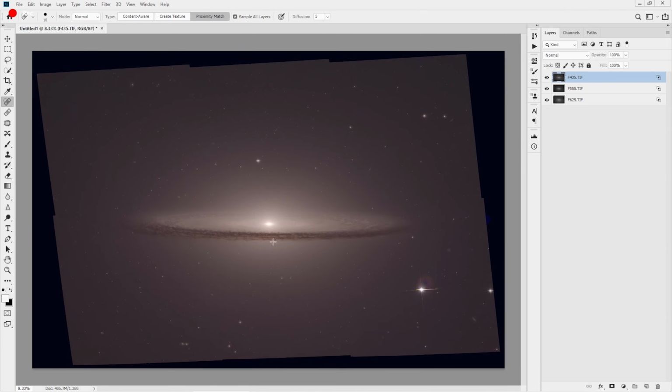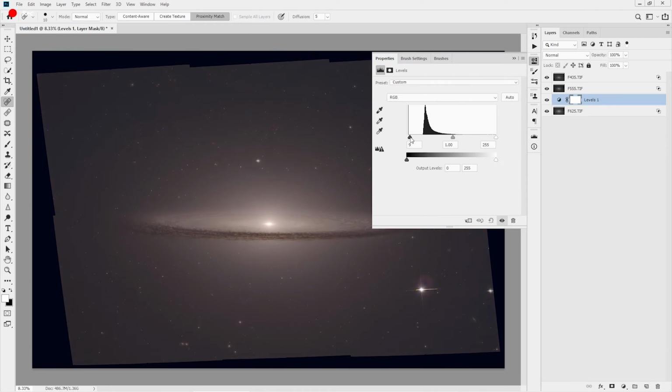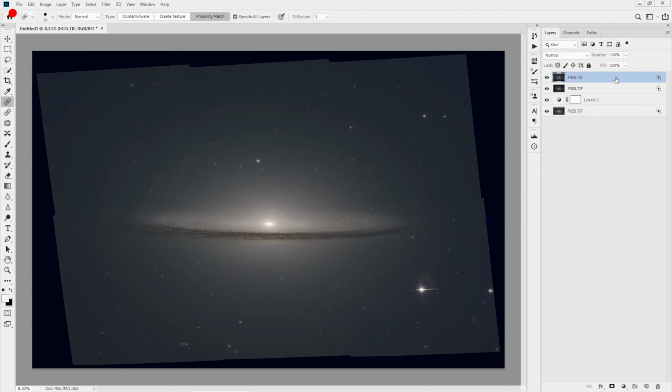And why? Because for the 625, the white levels are too high, and we can easily tweak that. Now, I always prefer to do it in a non-destructive manner. What we can do is bring this red highlight down a bit, okay, and then you can see in the background we're getting kind of blue halos.